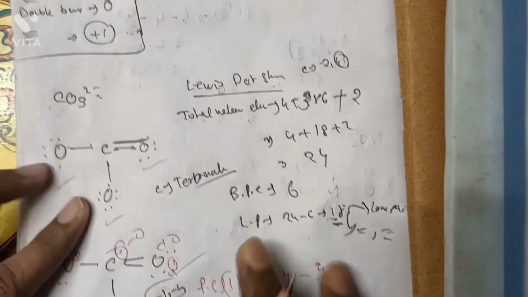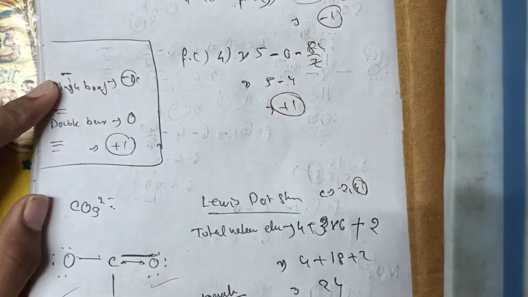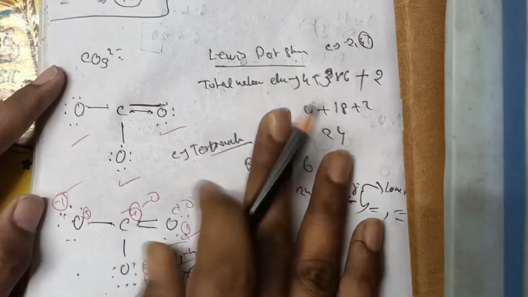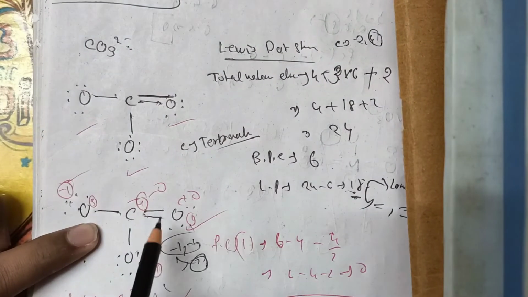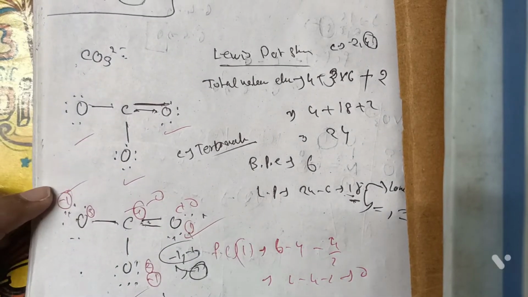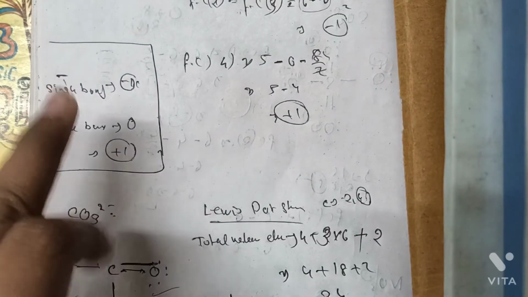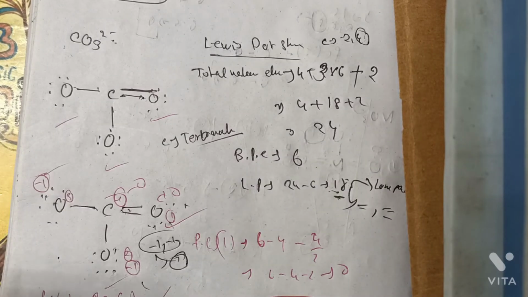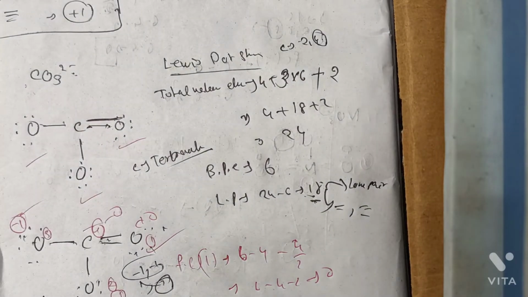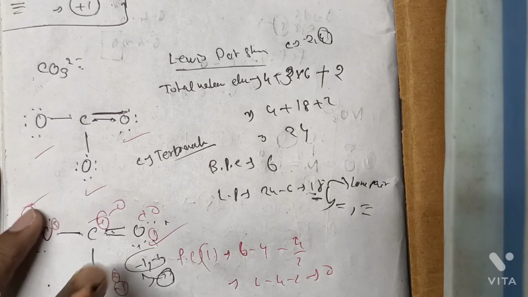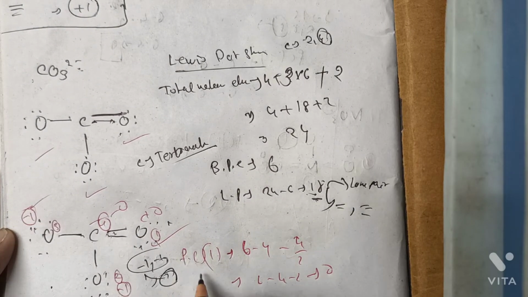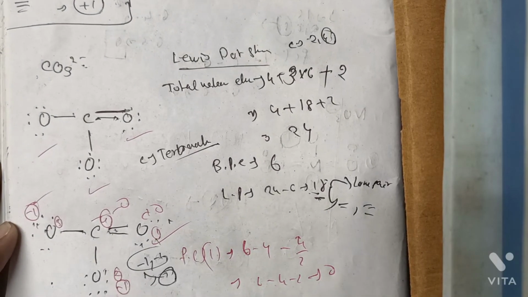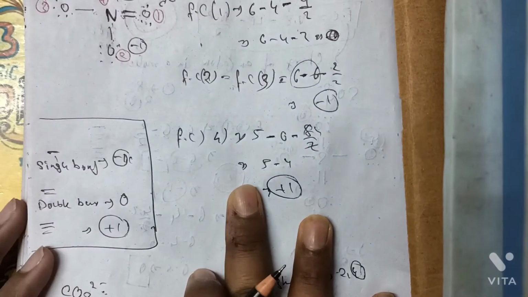As I just said, a single bond has -1 charge. I have proved this right now. It is a single bond, -1 charge. A double bond has 0 charge. The atom connected by a double bond has 0 charge. See how simple. This trick works for an MCQ examination, but in a written examination the examiner asks you to show the correct procedure: how you find formal charge. You have to find it this way, by numbering the atoms in the molecule, so formal charge for atom number 1 is this, for atom number 2, for atom number 3. In an examination you have to show this, but for an MCQ examination you can use the trick.